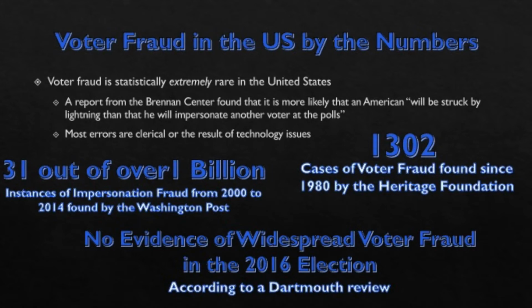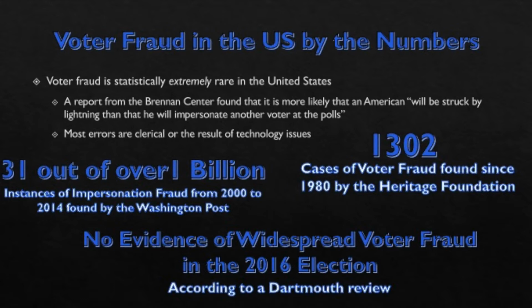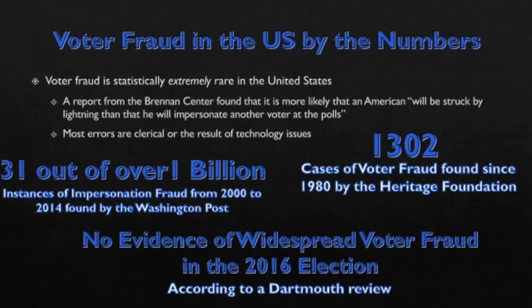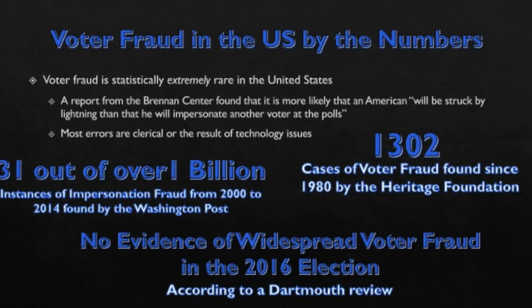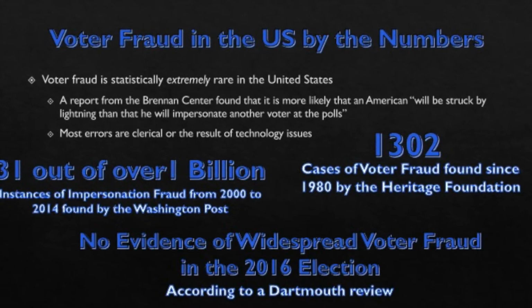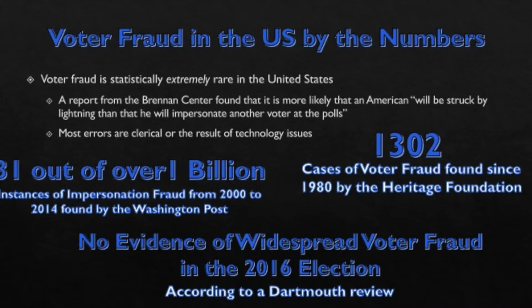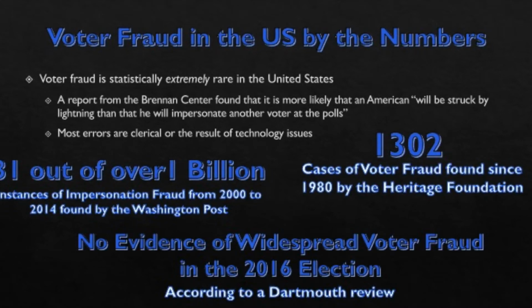So the Heritage Foundation has a number for the total instances of voter fraud that they've found since 1980. The data is more complete for recent years, like since 2000, but they have some cases dating back as far as 1980. They found 1,302 instances in total in all categories of voter fraud. And by their estimates, there have been 13 cases of impersonation fraud specifically. They're a little bit slanted in their coverage, but I think that 1,302 number is probably a good estimate of